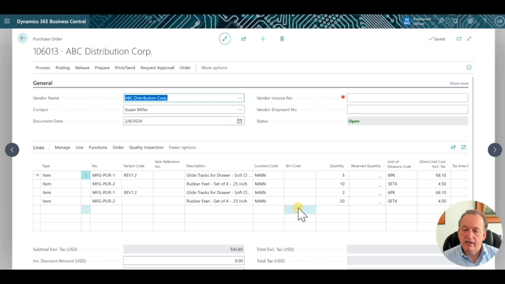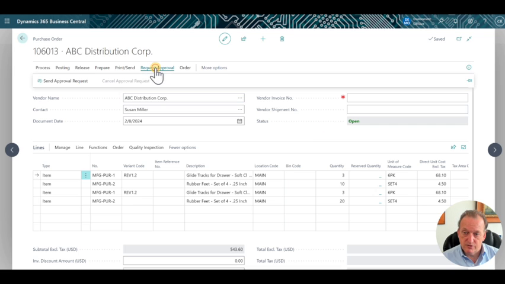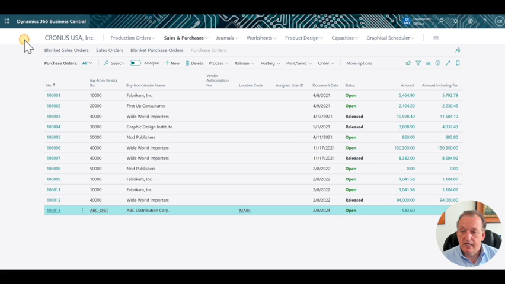It's still separating the items on here for traceability purposes, but it's clearly showing them on a single PO, as you can see here. And now I would get this PO released, approved through the approval procedure. There's an approval request here, and that would send out an email or a notification to my supervisor to approve this PO if that's configured in Business Central. So POs coming in, of course you have the 3-way matching process in there, and the raw materials will be